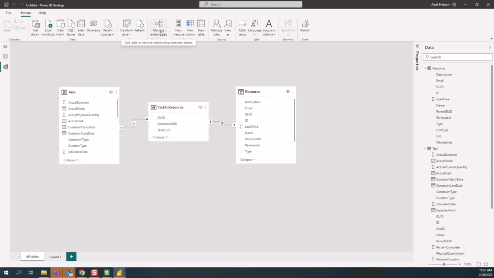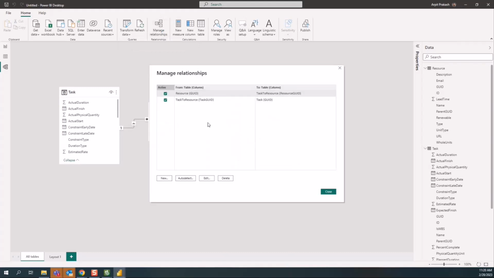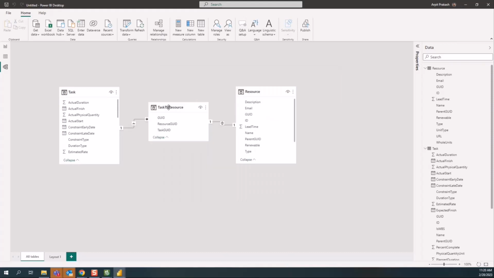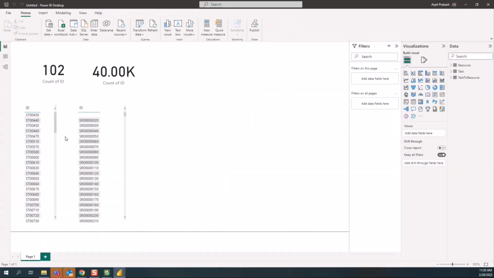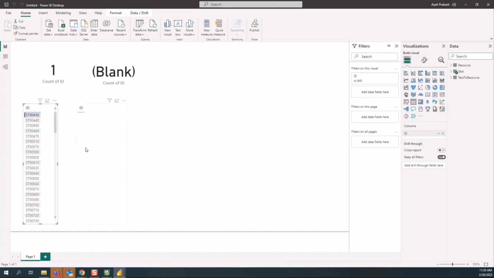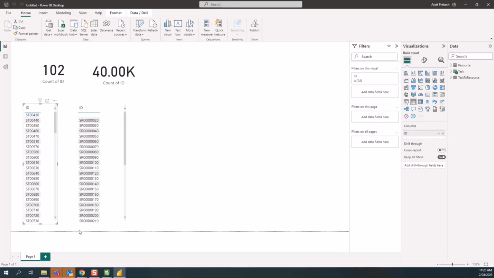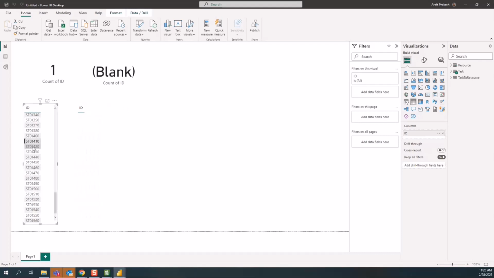You can see the relationship using the manage relationships icon over here, and I have a relationship between task to resource, and resource to task. So once I start creating these kinds of relationships, then my reports know what's happening. So if I click on ID, now you can see there's no resource assigned to this one. Let's go at it the other way around. The other way around doesn't work here, but